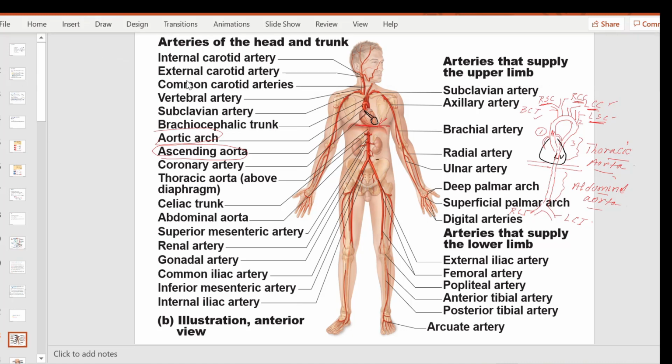This is the left common iliac, this is the right common iliac, okay. And this is the abdominal aorta inside the abdomen here, and you see the abdominal aorta gives a number of branches for